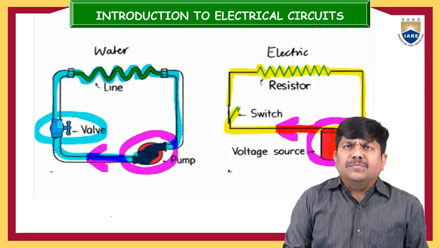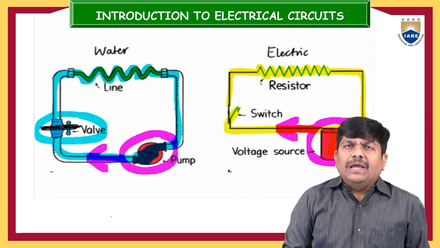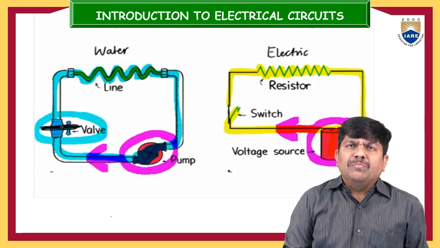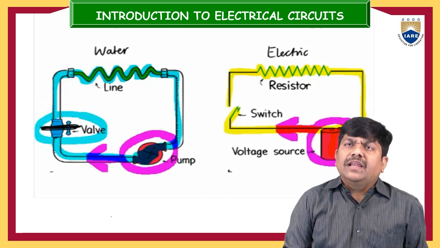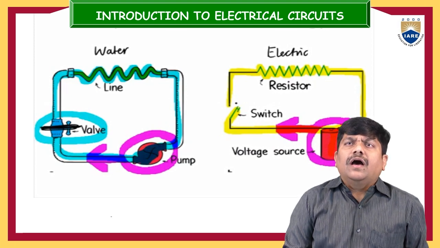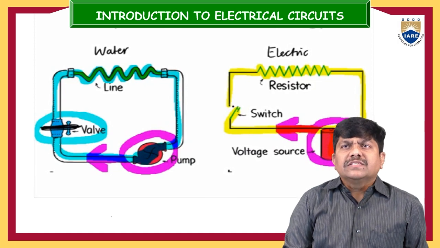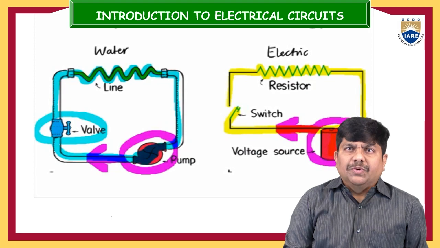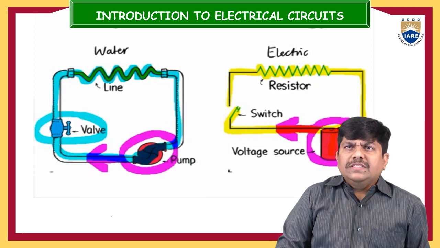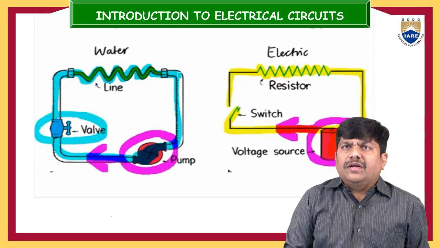Normally in water circuits, based on the requirement, this valve can make the circuit or break the circuit. If the valve is closed, then you cannot find any water flow in the circuit. Same as the switch in the electrical circuit. If the switch is open circuited as depicted here, it will create some infinite opposition. Because of this opposition, there is no flow of any electrical charge in the electrical circuit. So these two circuits give a better understanding.